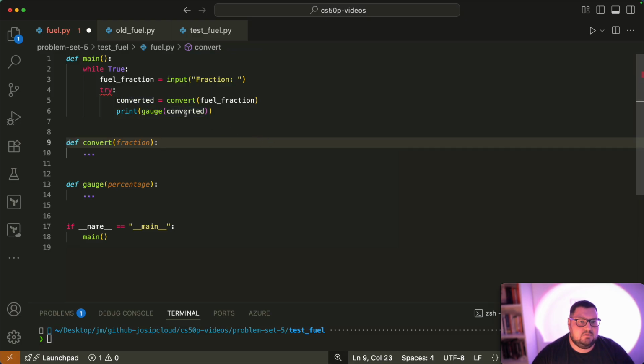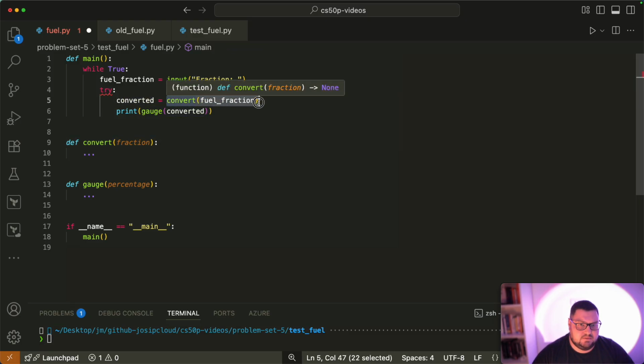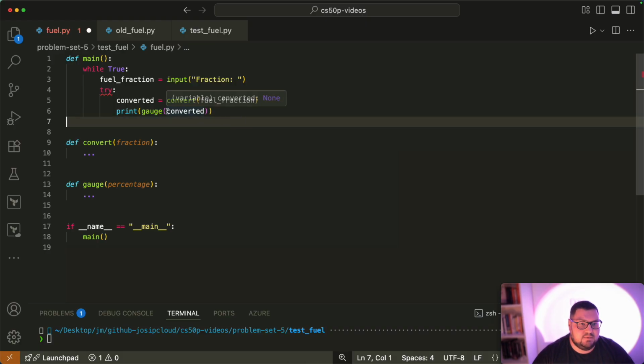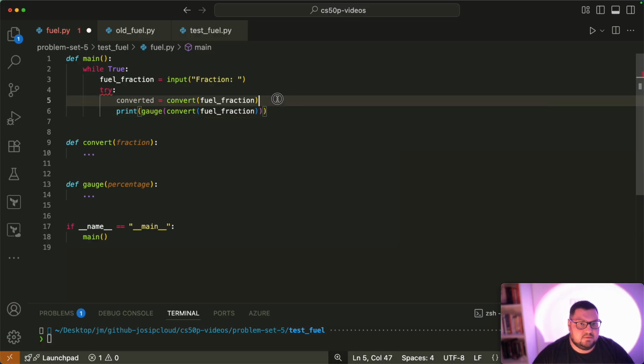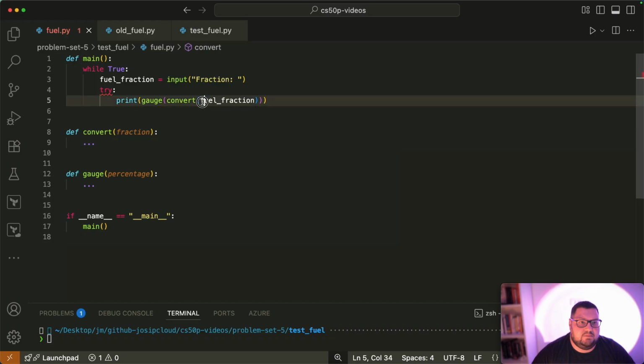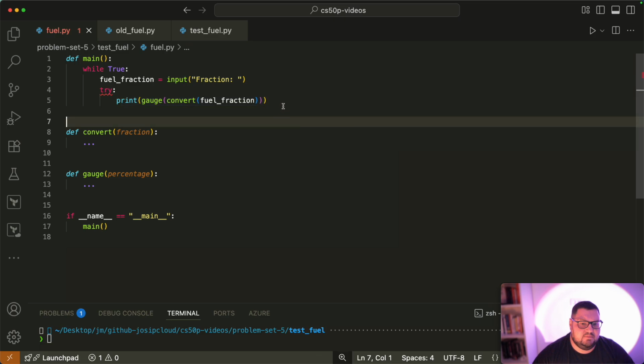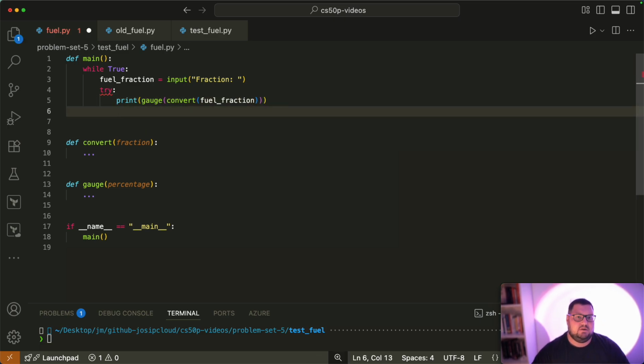So we could also write this without converted, and let's actually do that. Let's nest it like this. Maybe it's a little less readable, but like this. So we are passing our input to the convert function, and then we are passing the result of that convert function to the gauge function, and we are printing it. So that is what we are doing. And we want to break if this is successful, otherwise